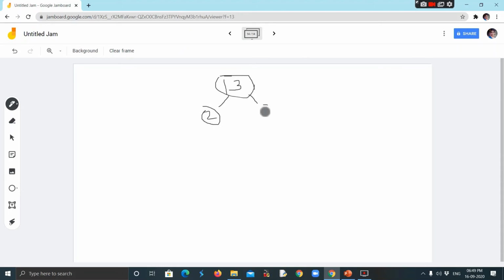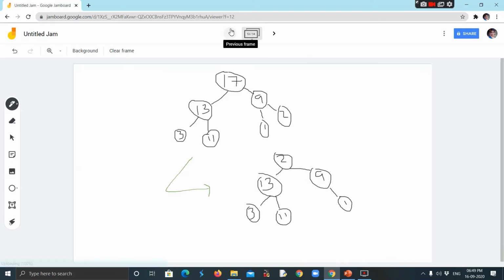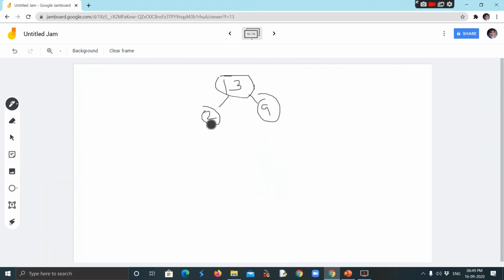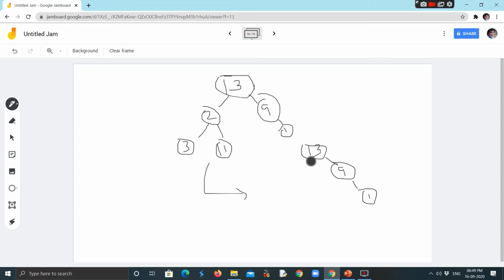2, 9, 3, 11, and 1. You can once again see 11 is greater than 2, so the value gets exchanged once again. So we get over here 13, 9, 1, 11, 3, 2.